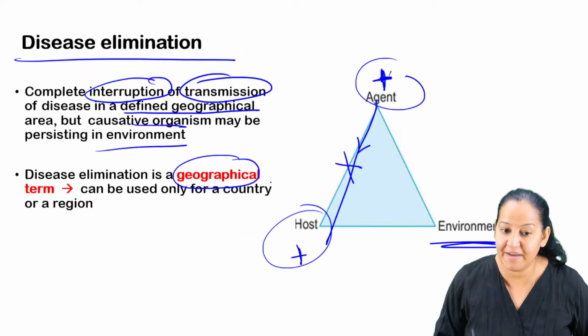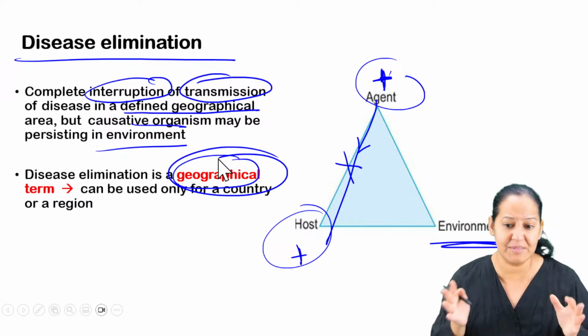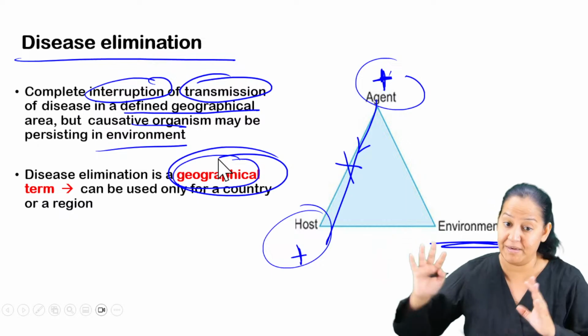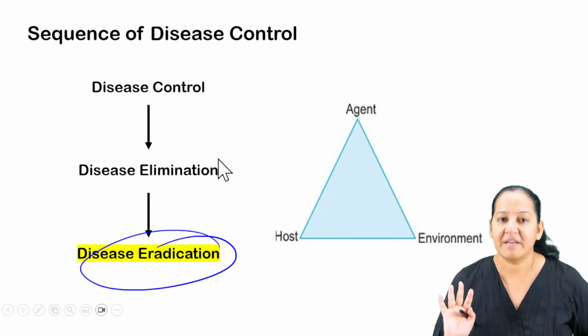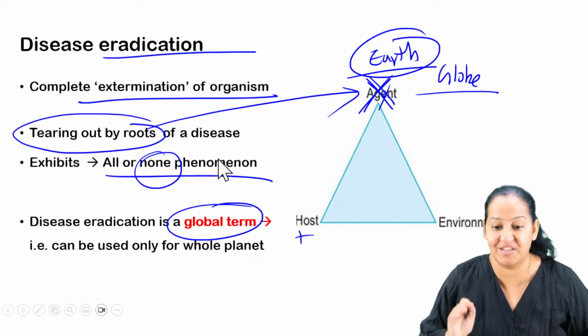In contrast to elimination, which was a geographical term. Elimination can be used for a country. There can be a disease which is eliminated from India but not from other countries. It's okay, they will eliminate later on. But in India, it is eliminated. But eradication is a term used only when the entire earth is free of that agent, the environment of